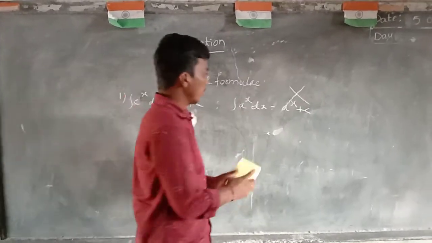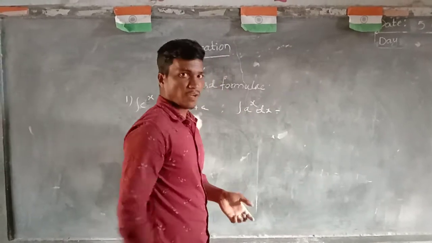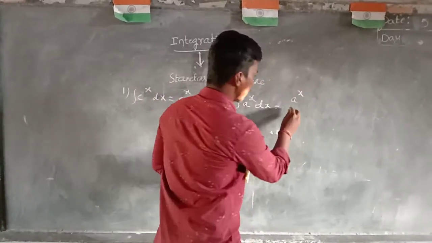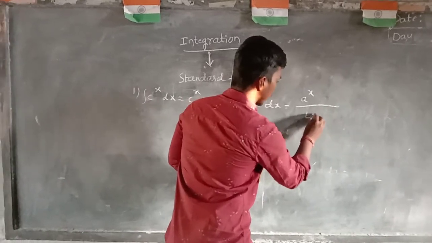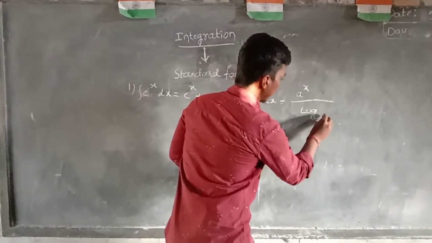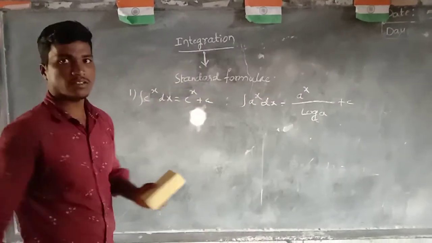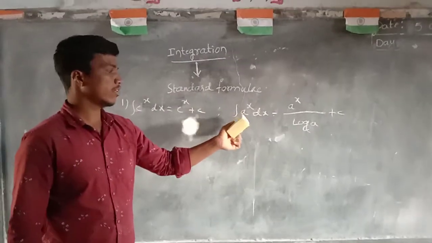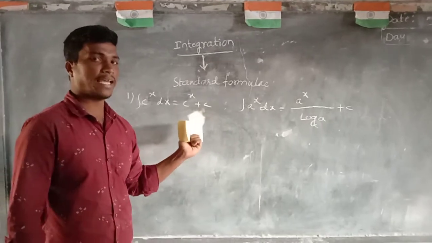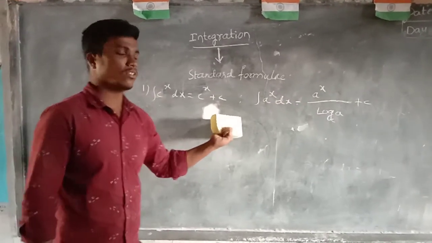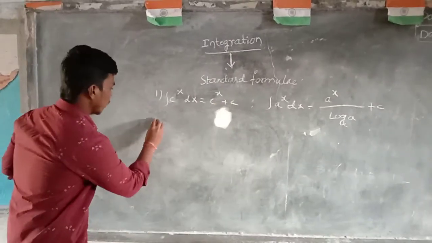But here integration of a power x dx is equal to a power x by log e a. This is the basic difference. Here, why we are writing the same and here not the same means this is an exponential function, but that is not. And another one,